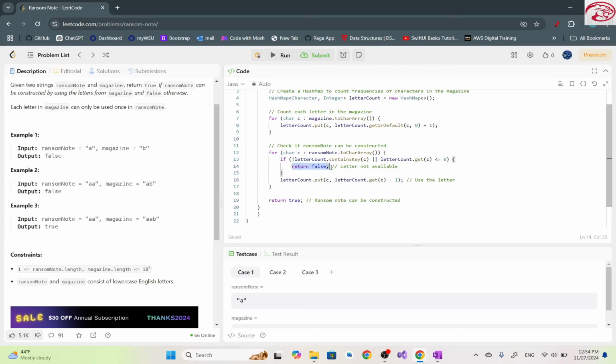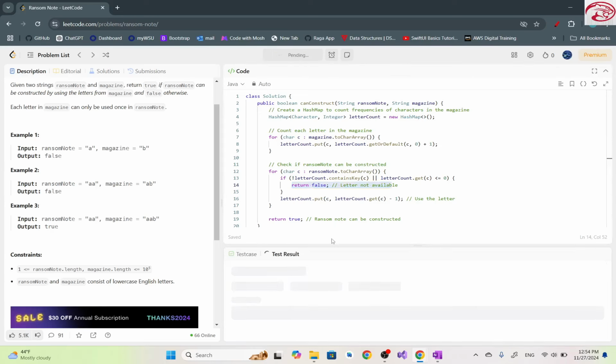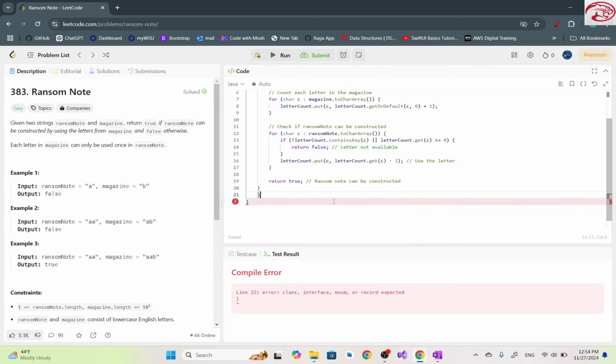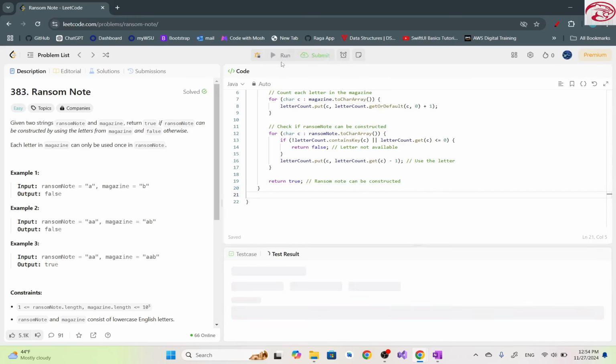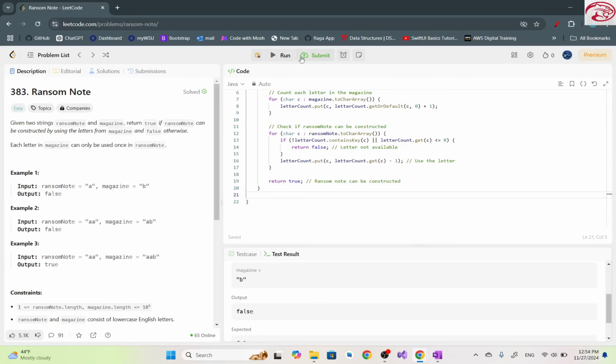Finally, if this didn't hit, we are going to return true, meaning that all the letters of the ransom note are within the magazine. So let's run our project. We have an error here. I think we have an extra character. Yep, the solution is accepted, and if we submit our solution,